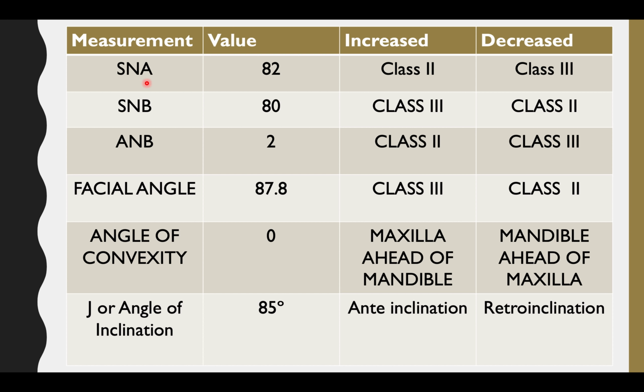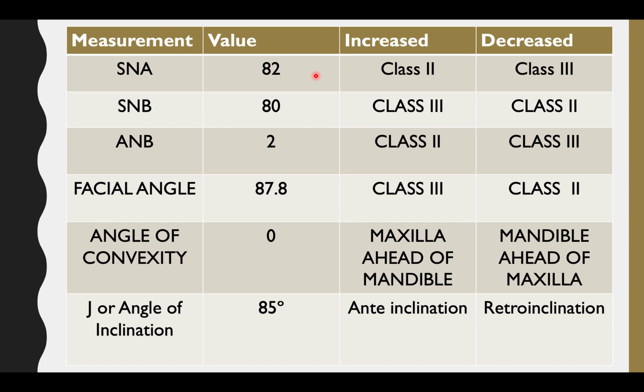So how to understand these parameters? If we see the SNA, from the exam point of view, they will give you questions like: a patient's cephalometric examination showed an SNA value of 90 degrees. The mean value is 82, so 90 degrees means increased SNA value. It shows that the maxilla is ahead of your mandible, or it is a prognathic maxilla. We cannot compare it with the mandible because the value of mandible related parameters is not discussed in your question. So you can go only to the prognathic maxilla.